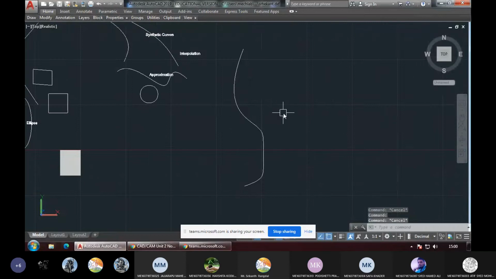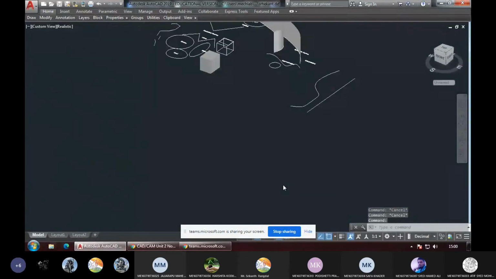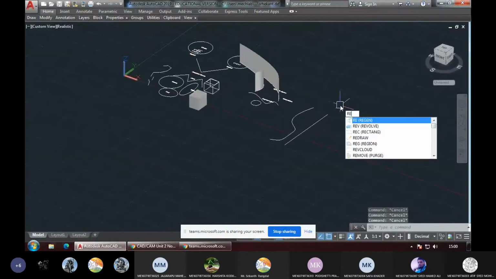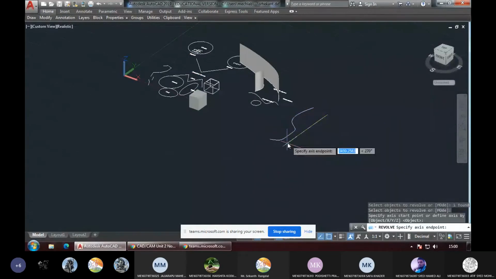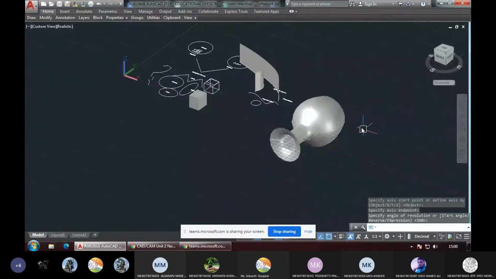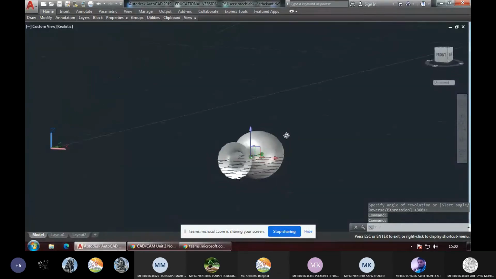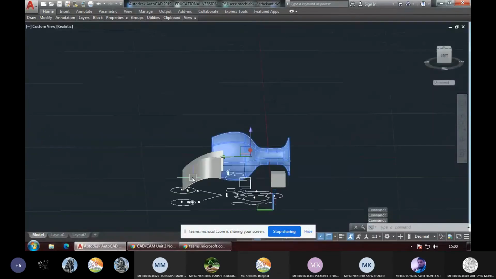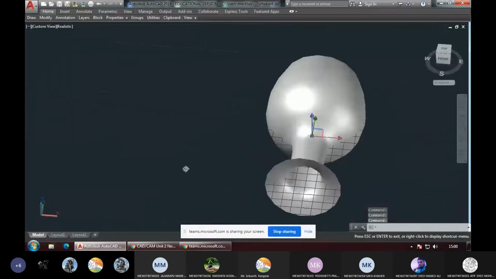Just take a spline, and I'll take a straight line, and let us say I'll just revolve it. This one I will revolve. So what I've got here is a surface of revolution.